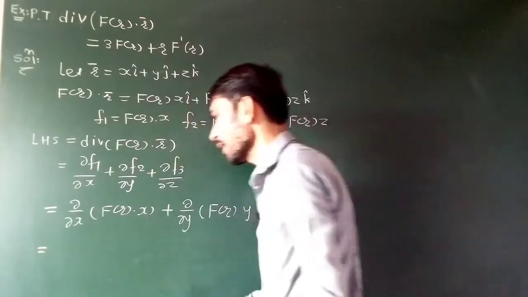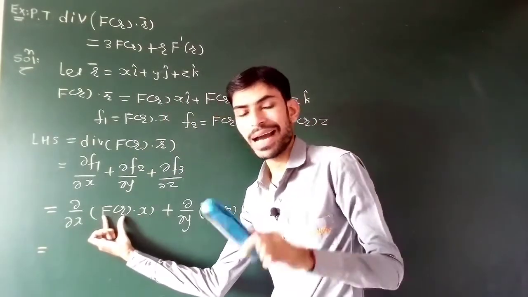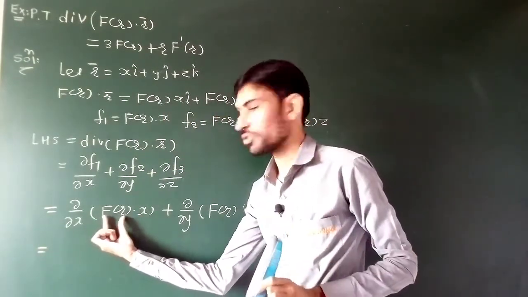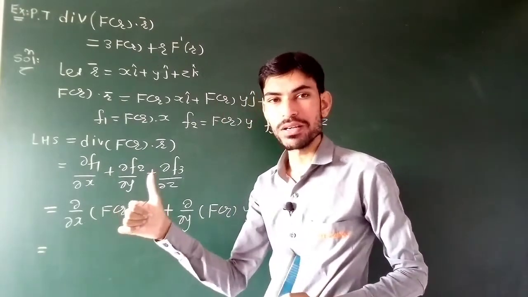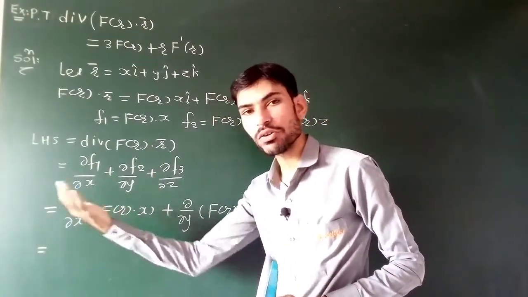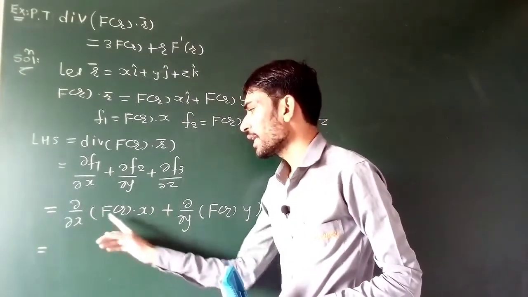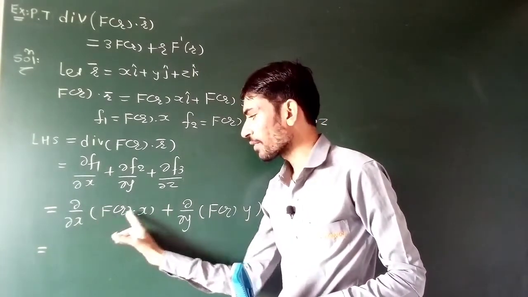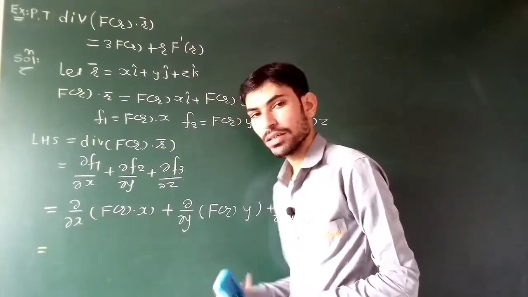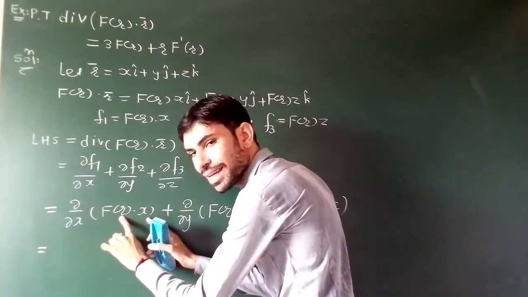Now see, f of r is a function of r and r is a function of x, y, z. So f of r is not a constant function. So in short, f of r is also a function of x, y, z. So here we apply our multiplication rule, and here we do partial derivative with respect to x. So see here, f of r as it is,